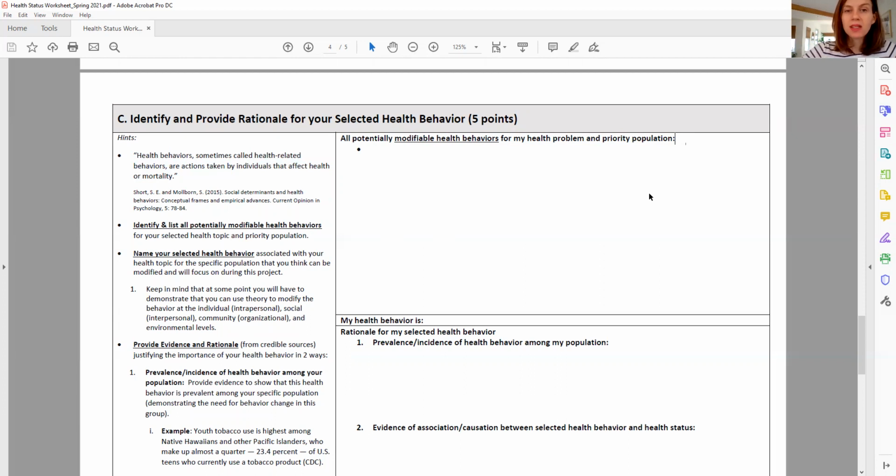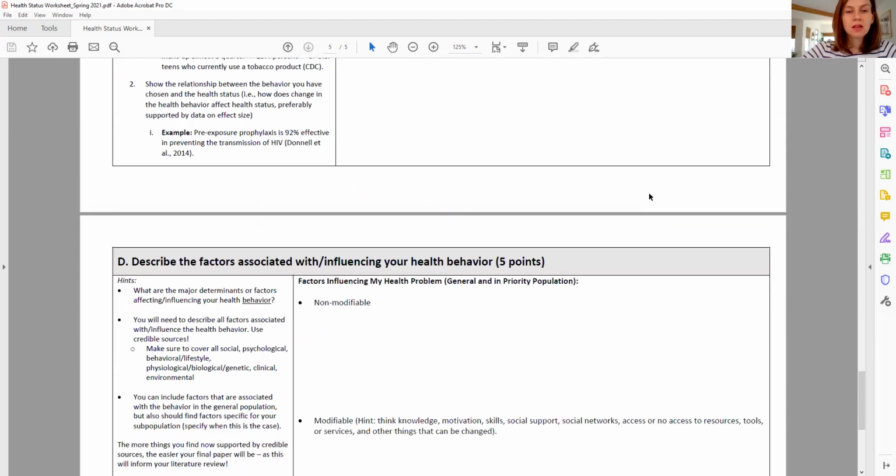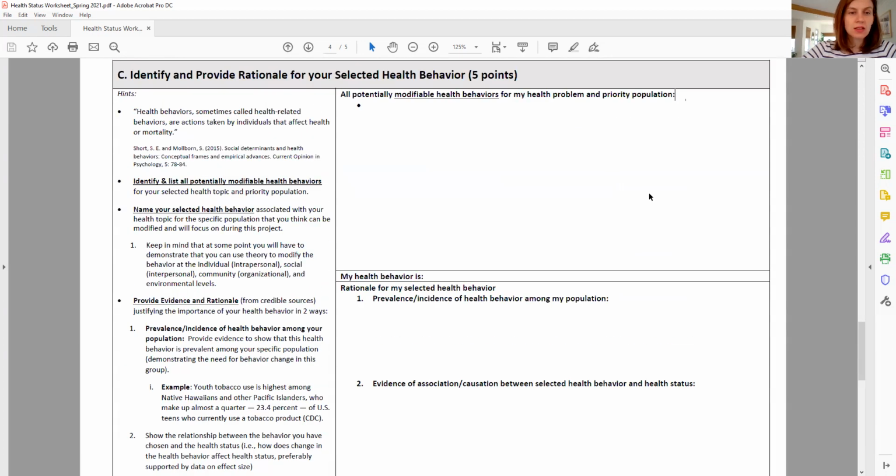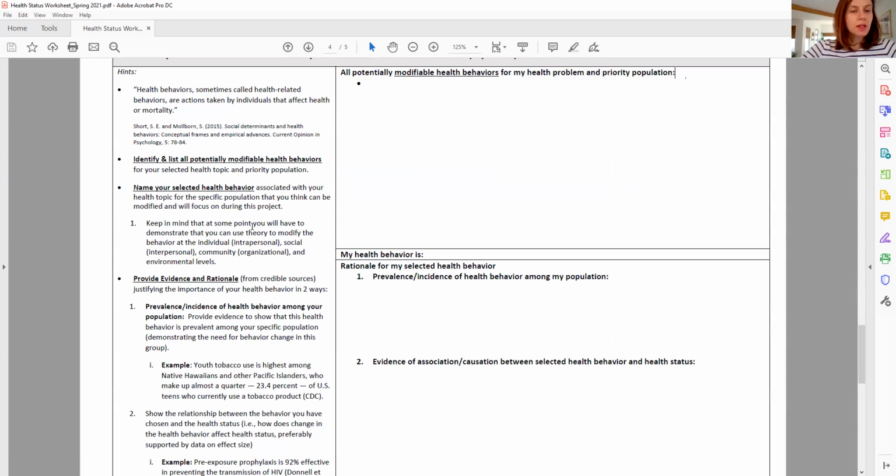And by modifiable, we mean things that are changeable, so we don't mean race or ethnicity. We don't even really mean poverty or socioeconomic status because it's not something that we can easily intervene on. We want things that we can change through health behavior theory. And I encourage you to think outside the box. When we think about health behaviors, there might be some more things. Actually, we'll get to that at the end. Come back to that. So anyway, you'll name your selected